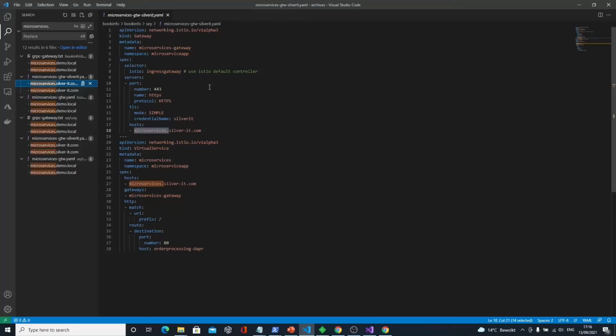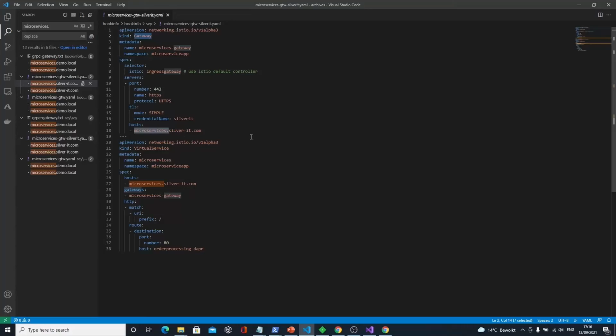So I exposed, let's say, my microservice app to the outside world through an ingress rule, and that is done with the Gateway resource definition of Istio, where you can define some rules, like which port number it should be getting requests from, the protocol, so TLS, some information there, right?